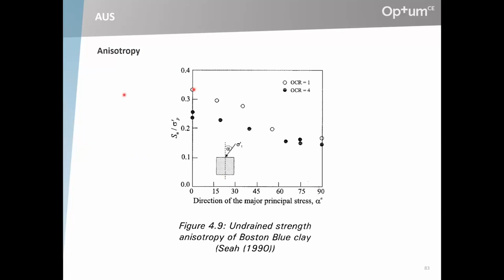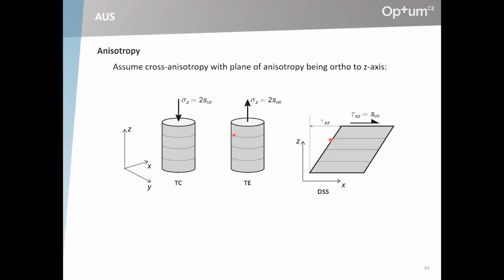So the sample is apparently stronger when compressed perpendicular to the plane of anisotropy than when compressed parallel to the plane of anisotropy out here. So that is how that is for this particular clay. Now the question